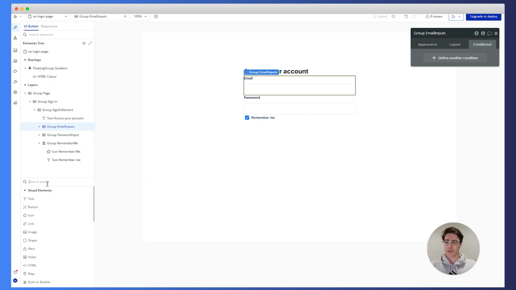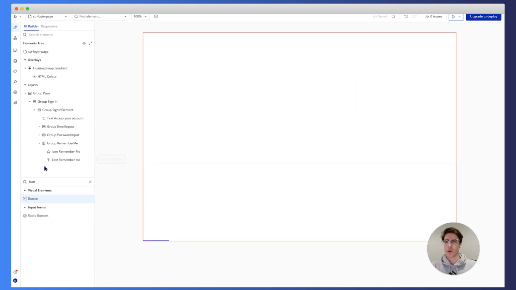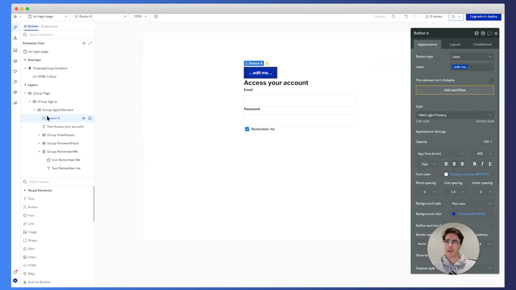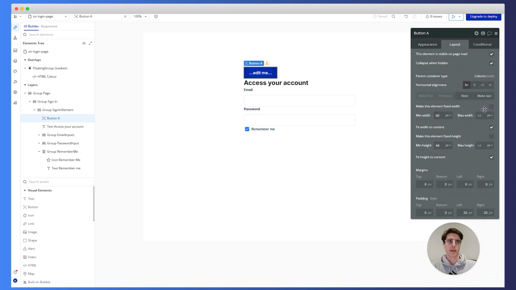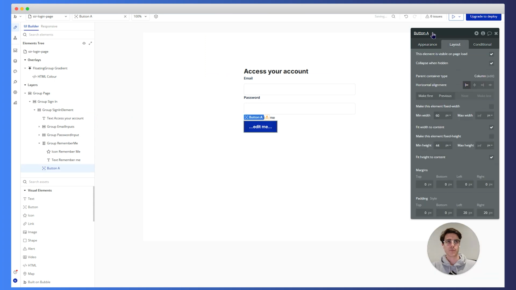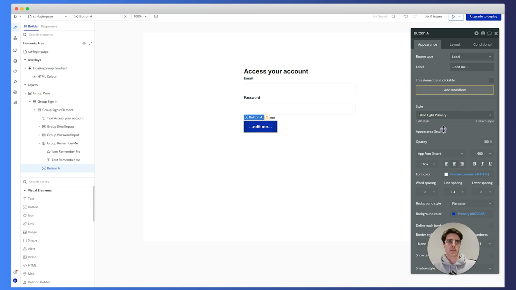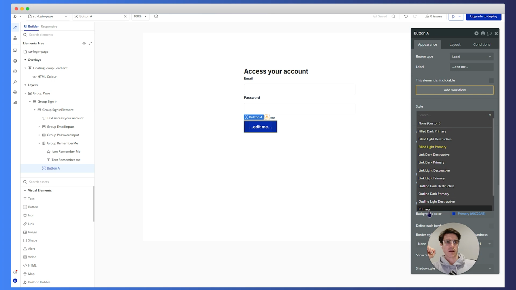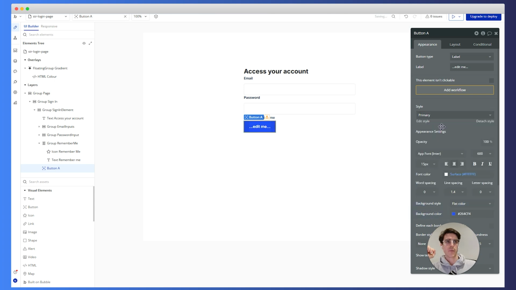Fantastic. So let's go across to the asset search box, type in button, select button, and then we're going to drop that in. Let's just drop it in above access your account, select button A, and then go across to layout and click make last. Fantastic. So now what we can do is we're going to click on the style drop down, click the style and then scroll down to primary,